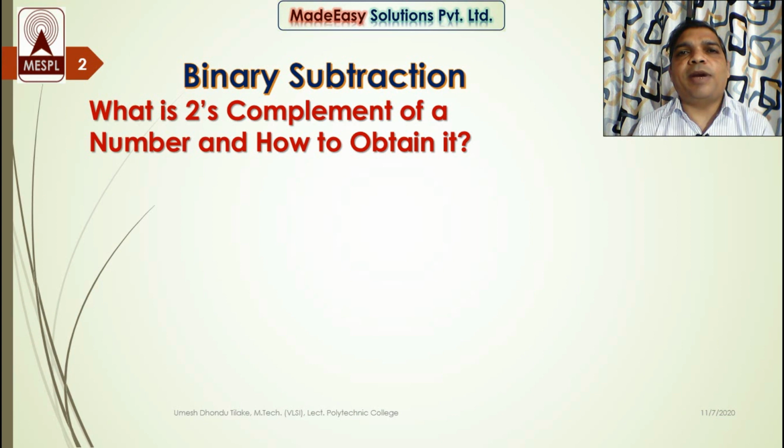Similarly, if I want to find the 2's complement of a 3 bit binary number, then I must subtract it from the third power of 2. The third power of 2 is 8 and the binary equivalent of 8 is 1000. So I must subtract a 3 bit binary number from 1000 to obtain the 2's complement. If you are getting confused, then watch the video on number system conversions. You will learn there how to convert decimal into binary and vice versa, so that you can find binary equivalents of 8, 4, that is, binary equivalents of powers of 2.